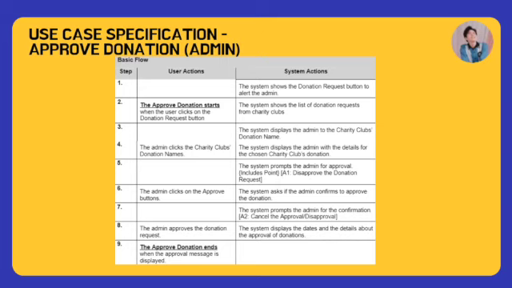donation, and the system will prompt the admin for the confirmation. And at this point, also there is an alternative that the admin can cancel the approval or the disapproval. And then admin will approve the donation by clicking on approve, and the system displays the dates and the details about the approval of donations, and the approved donation will end when the approval message appears on the page